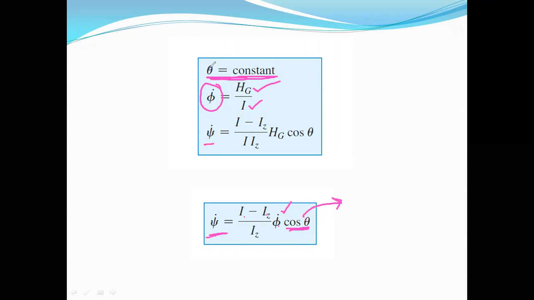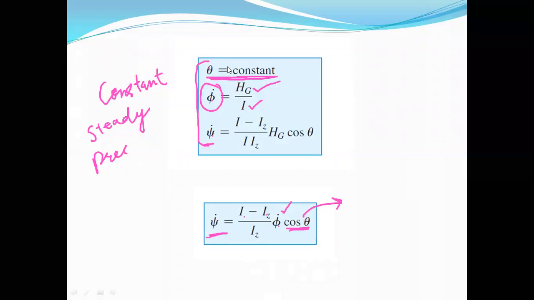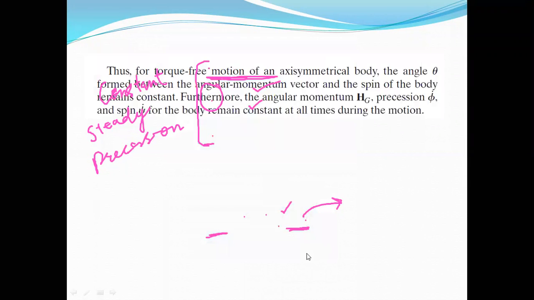It means theta is constant, phi dot is constant, and psi dot is constant. These all three terms are constant. It is the same motion as we had done in solution one. It is the same solution as solution one, that is a steady precession solution. What does that mean, by saying that it's also steady precession? We have